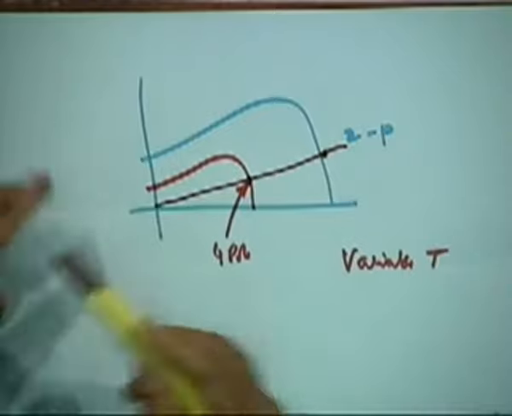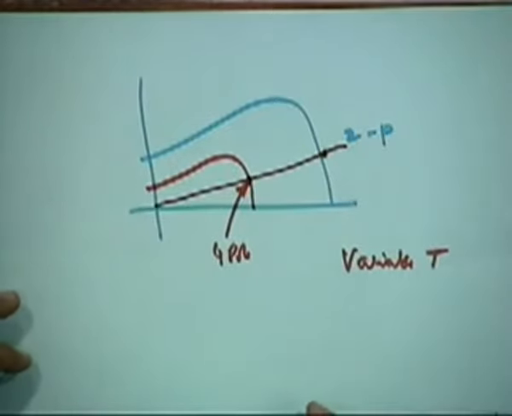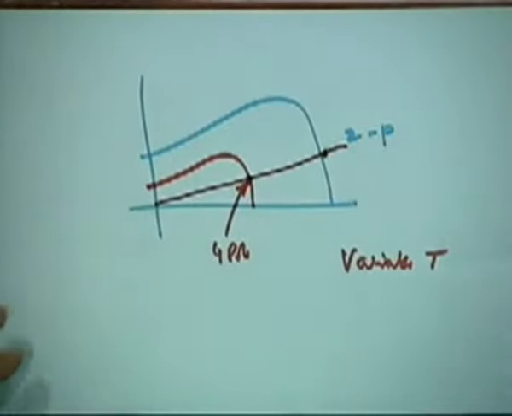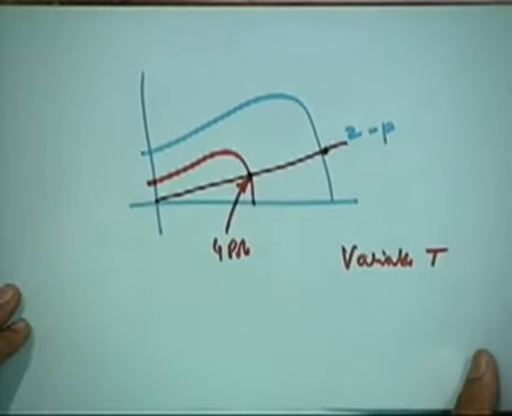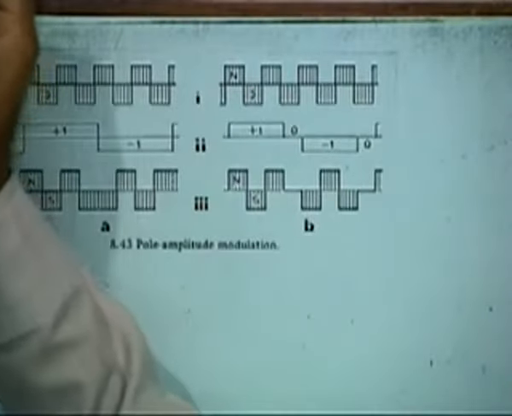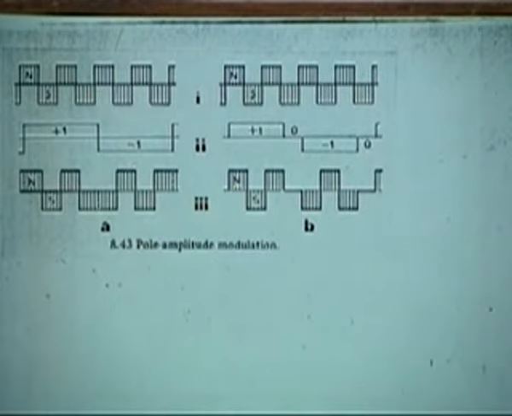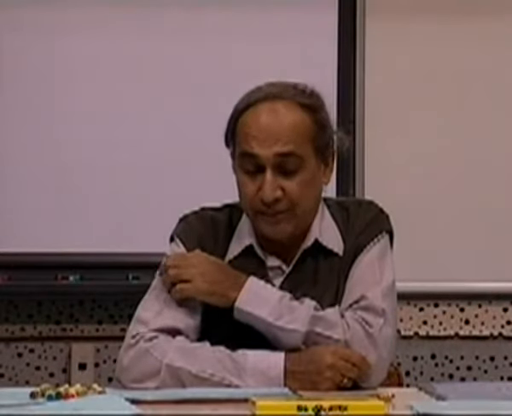Okay. So you can have, depending upon the type of load that are connected to that, the 2 pole arrangement can be done. Okay. So we have constant torque, constant power and variable torque loads on this 2 pole system. Okay. Now another variant of this called a pole amplitude modulation. Okay. PAM.